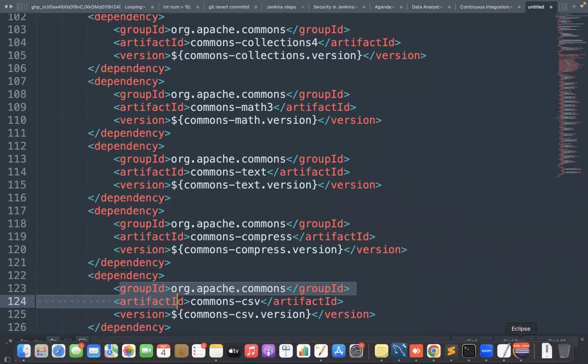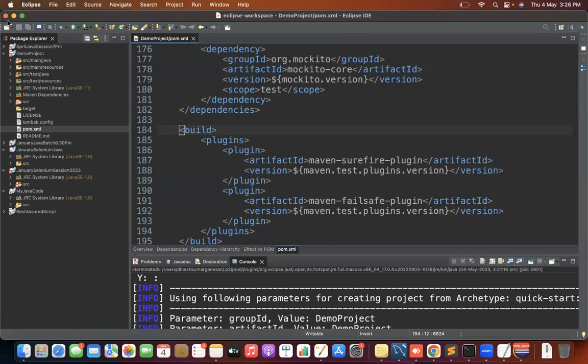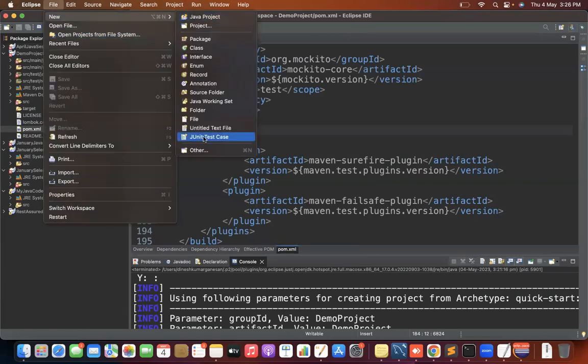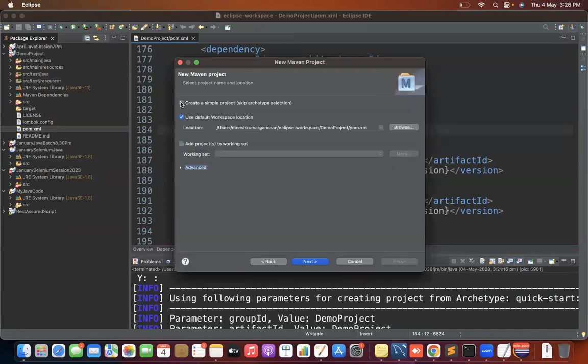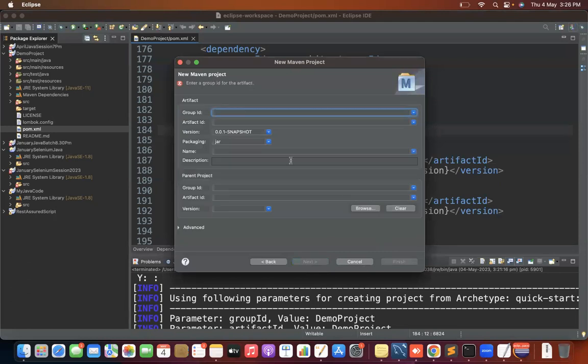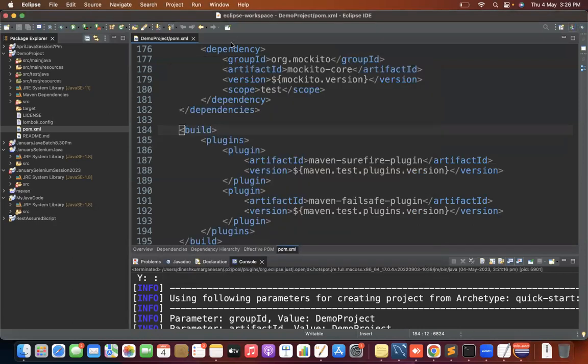To prove this, let me tell you, listen. Suppose I am creating one new project: File, New, and I'm creating one Maven project. Click on Other, Maven project, click on Next, and I will create a simple Maven project. Click on Next, and I can give some name. Say this is Maven demo. Just click on Finish. Now, can you see here, one project got created with the artifact ID name